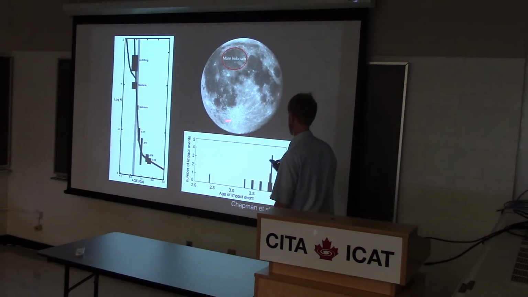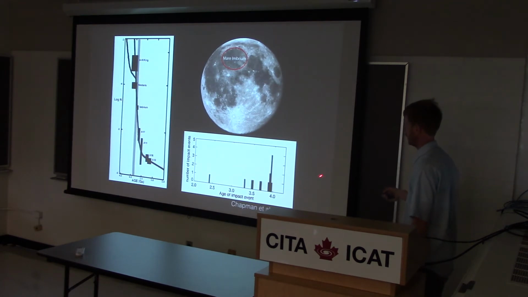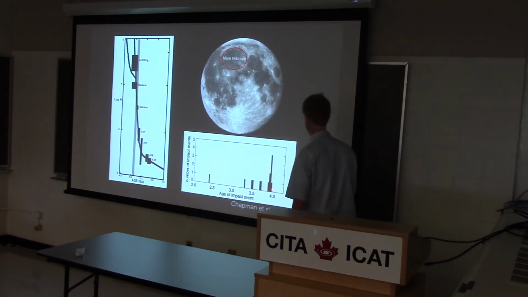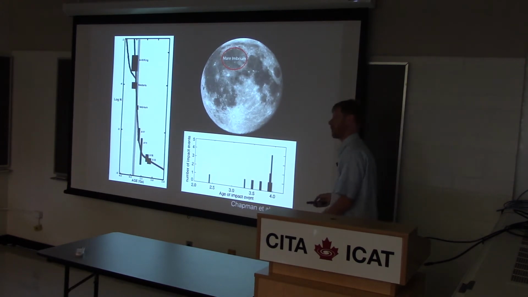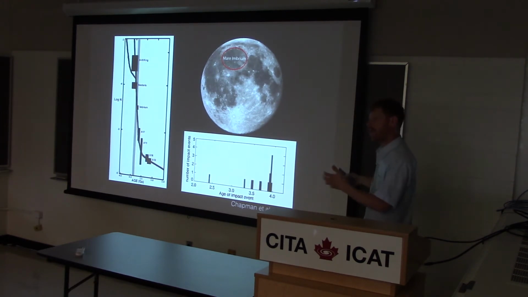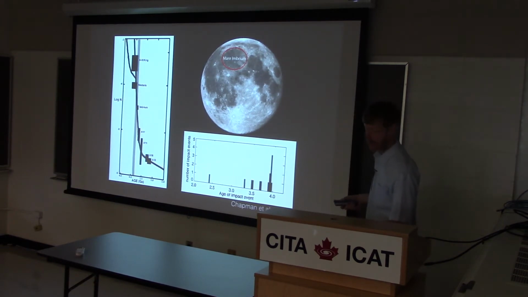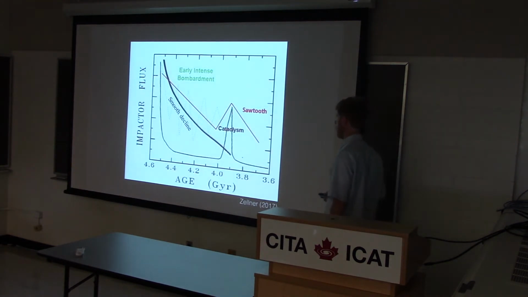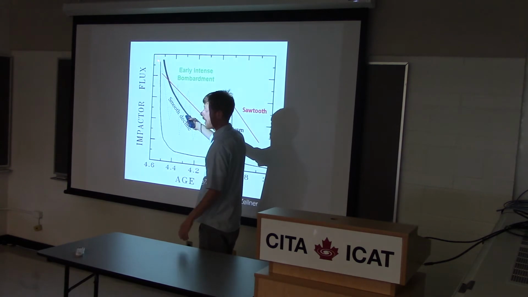Here's another plot, a histogram showing basically the distribution of impact melt events gathered from lunar rocks. And you can see that there appears to be this big spike at about 4 billion years in, whereas the Earth and Moon system formed about 400 to 500 million years before this occurred. So based on these findings, it's been proposed that the impactor flux on the moon may have followed an evolution